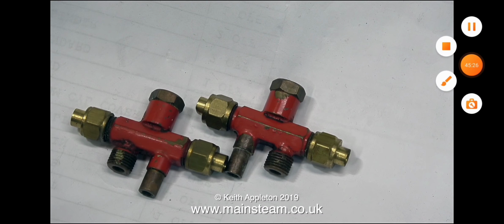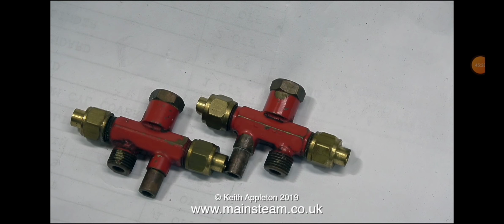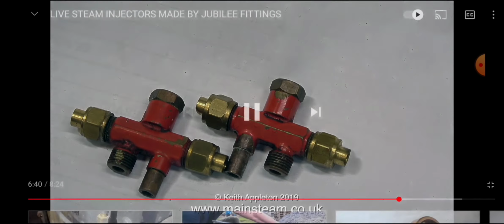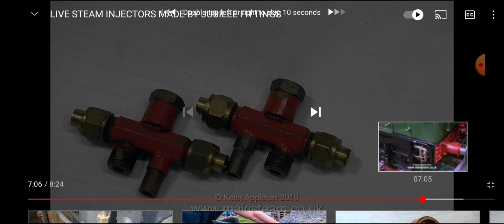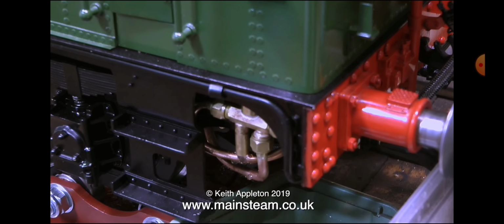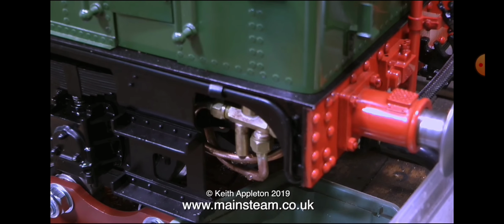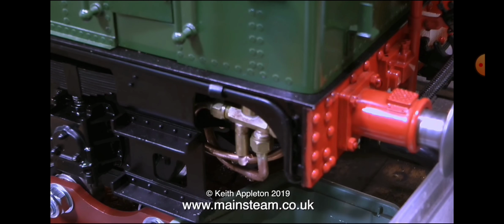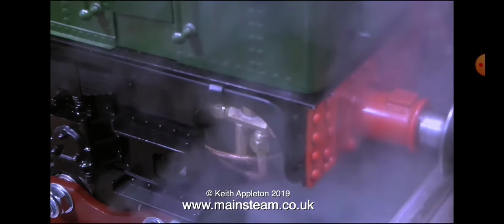A while back I made a video all about working on a Chinese 14XX steam locomotive, and here's a short extract showing one of the injectors, which means that the injector is feeding the water into the boiler. And to be perfectly honest, I didn't think this would be the case. Although it's not perfect, it's still a little bit dribbly. I can clearly see the water level climbing up the gauge glass.